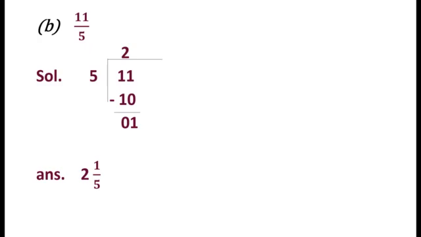Next question says 11 by 5. So 11, when we divide it by 5, we'll get quotient as 2 and the remainder as 1. Okay. So 5 2s are 10. So 11 minus 10 is 1. So remainder is coming 1. Quotient is 2 and the divisor is 5. So as I told you in the last question, we write quotient as the whole part, so we have written here 2, and remainder at the numerator and divisor at the denominator, so we will write 1 by 5 as the part. Okay, so our mixed fraction is 2 1 by 5.